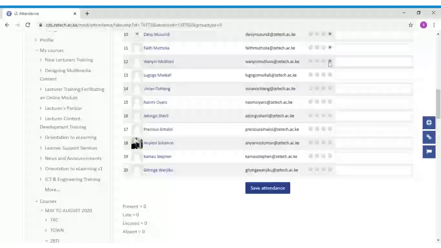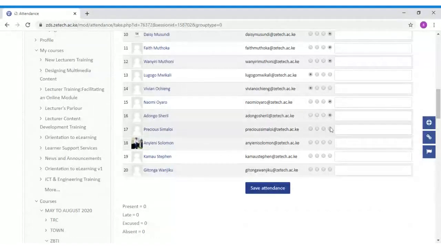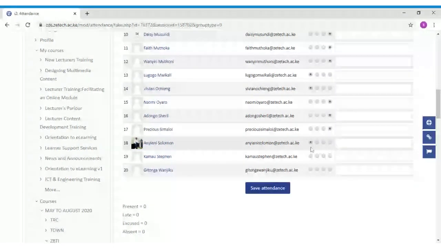Naomi Oyaro, Adongo Sherir, Simaroi, Ayeni Solomon, Absent. Present. Kamau Steven, Kamau Steven, and Present. President, President. Getonga Wanjiko, Deputy President, okay, Getonga Wanjiko,